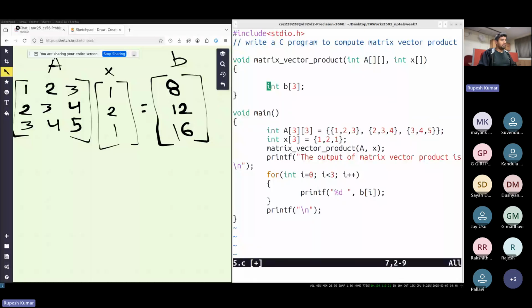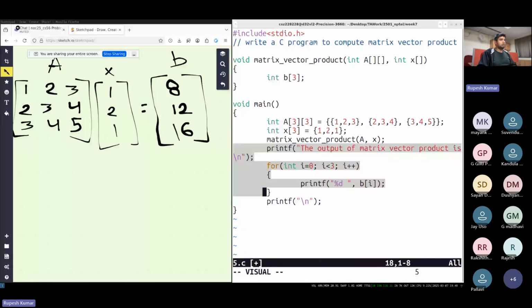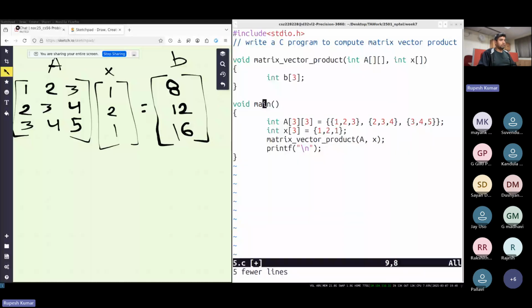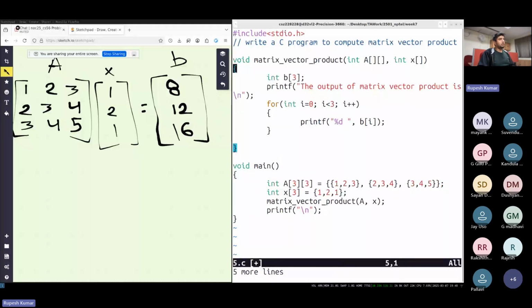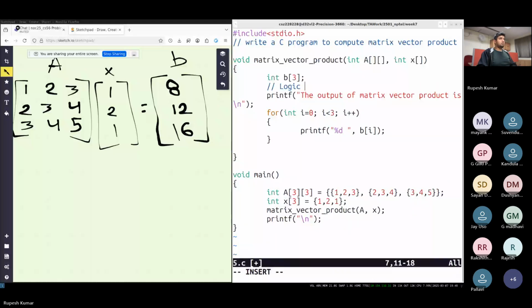We have declared the vector B and then we can do this printing stuff where we want to print the entries of this output vector B. Before this, we need to write up the logic for matrix vector product. Fine. So let's see if our program runs till now. If it runs, then we are on the right track.